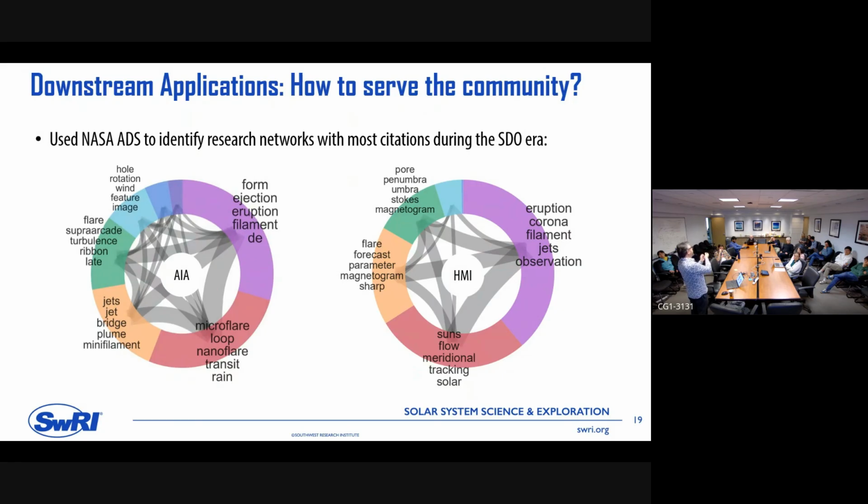You can see this paper cites this other paper, and they cluster. Here you have, for AIA and HMI during the SDO era, some of the keywords that define networks of citations. You have space weather, nanoflares, jets, short-term stuff. In HMI, we have transport, the meridional flow, tracking of features, pores, et cetera.